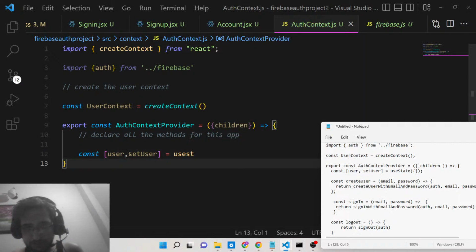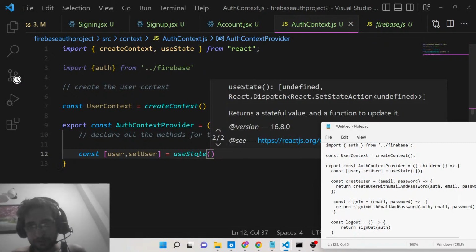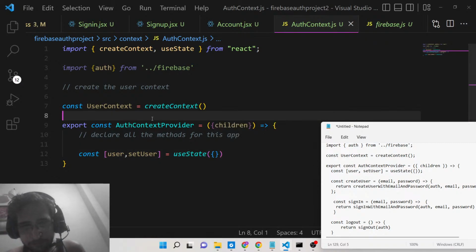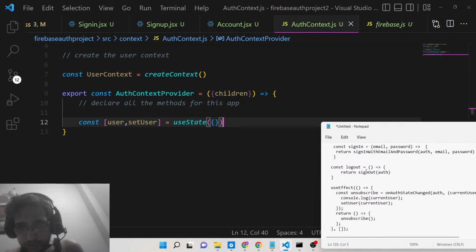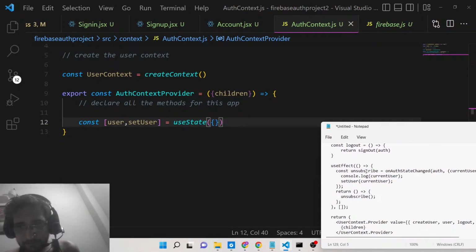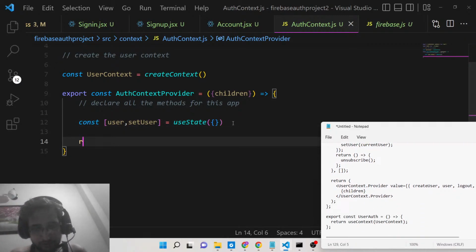In this case, if I see here use state, import it automatically. So this will be an empty object by default, when you load the application for the very first time. So after this, guys, we will also need to return something from it. So we can simply say return,